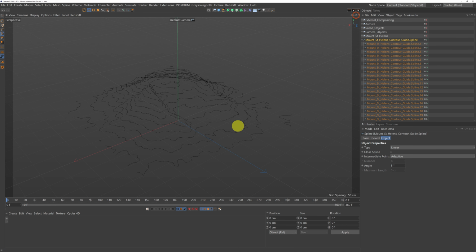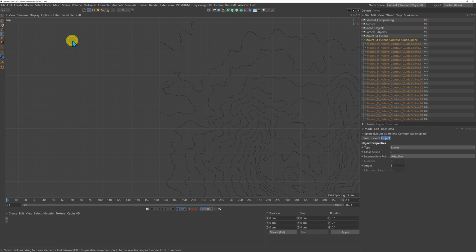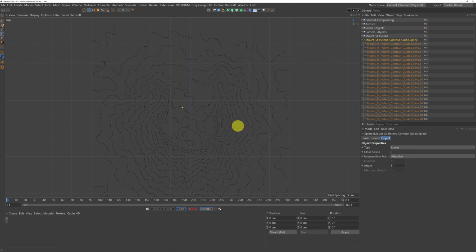And I could just stick them in a fracture object and animate them that way. The reason being is that these splines do have gaps in them. If I come to the top view here, and I'm just going to make sure I'm in model mode, and if I select